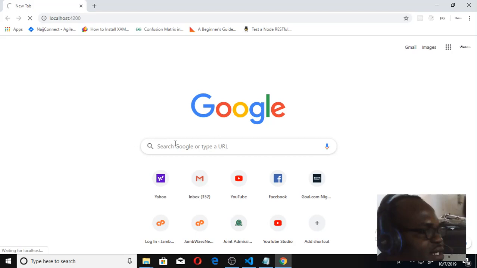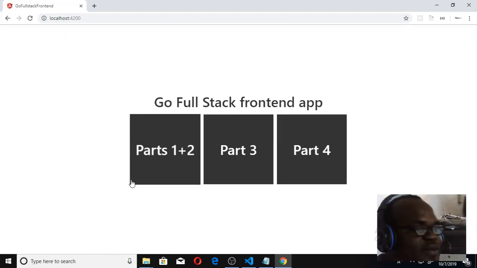So this is Go Full Stack Front-End App Part 1 and 2, Part 3, and Part 4. This is the application. This application was done in Angular, and it is already in GitHub. So we're able to clone it from GitHub, install all the necessary dependencies needed for it to work, and it's working. So this is our Angular app, and this is the app with which we are going to connect